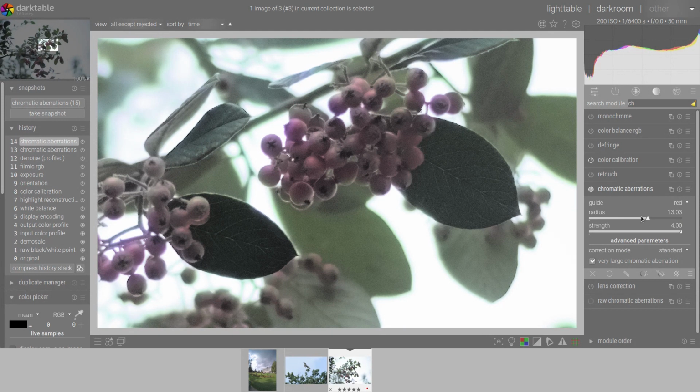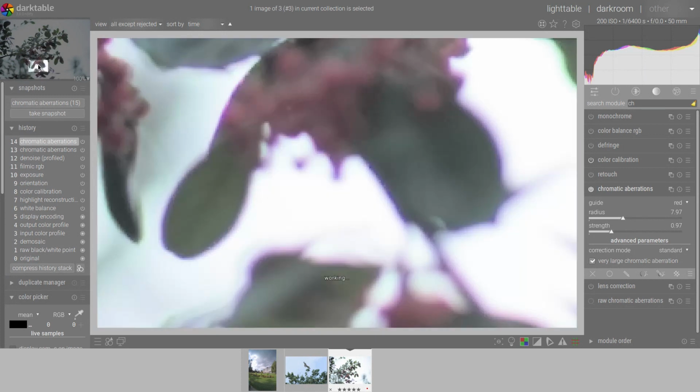And then the whole thing will be to try to preserve as much as possible the red. So by decreasing the radius, decreasing the strength. But it's always a trade-off. Here we can see that I have still a bit too much chromatic aberrations.